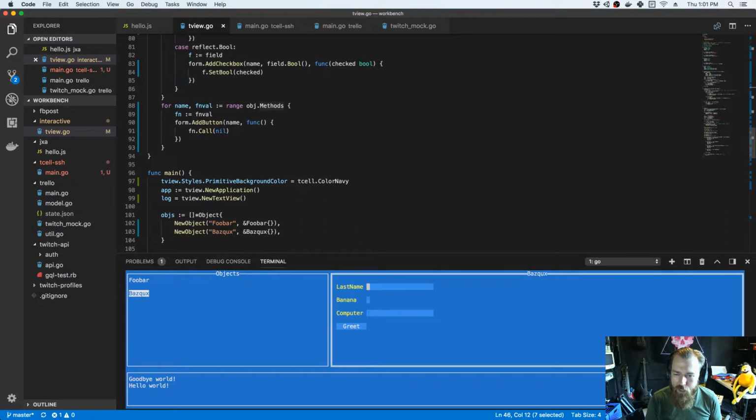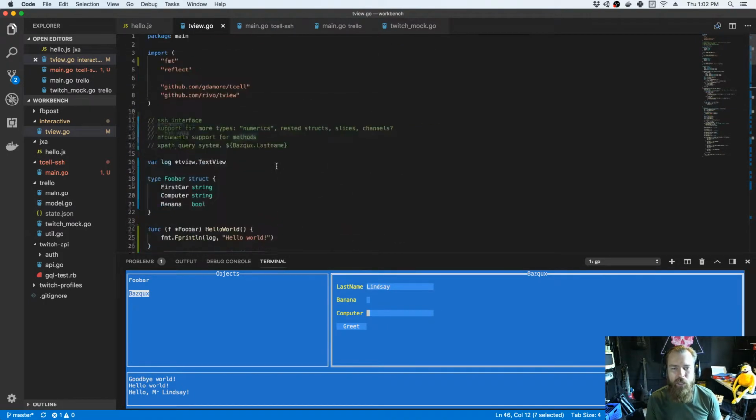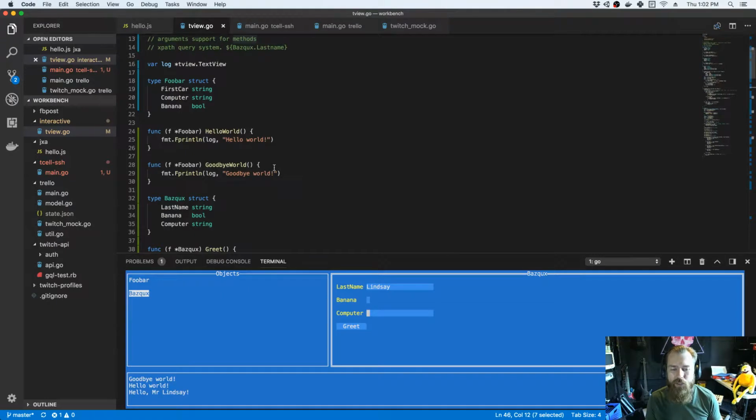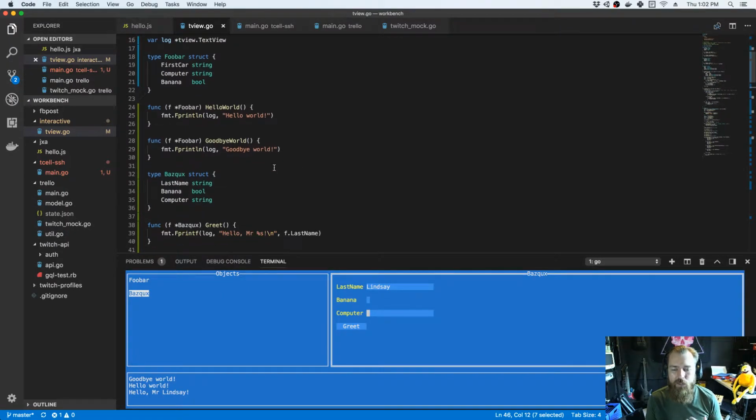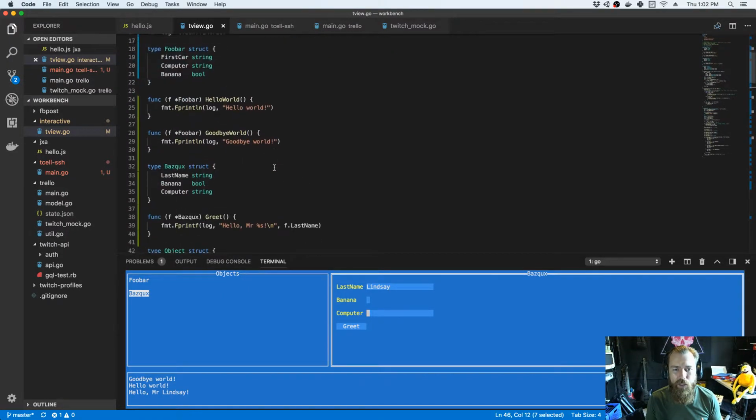Here's another example where the method prints to the logs but actually uses some of the fields on there. So you can kind of see where this is going. It lets me create a little inspector, an interactive way to work with plain old Go objects,